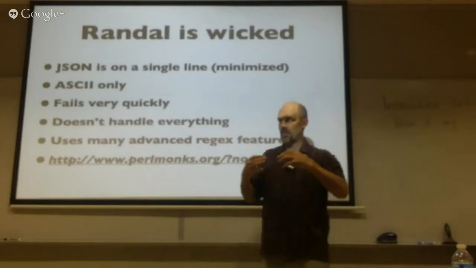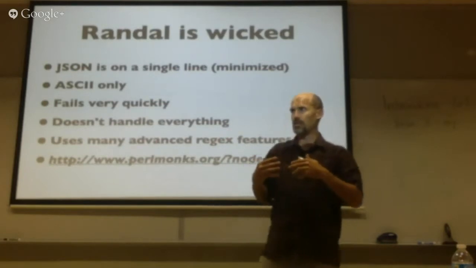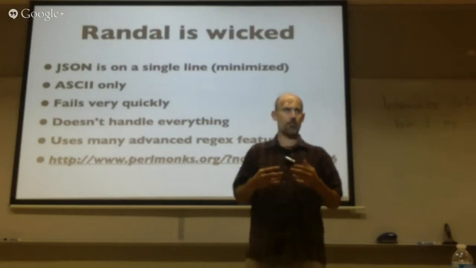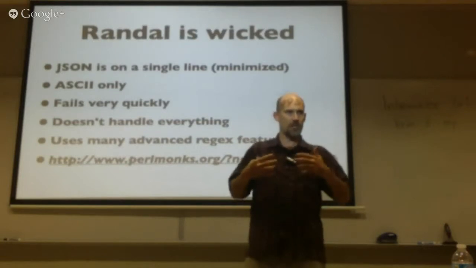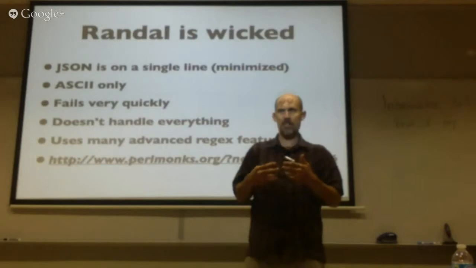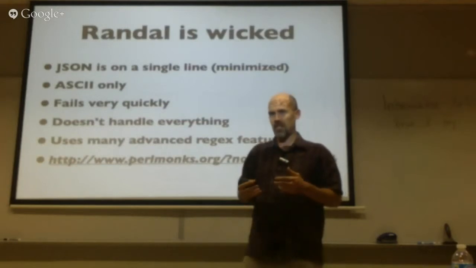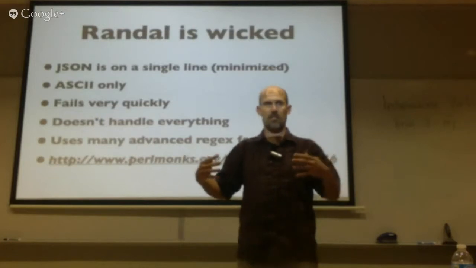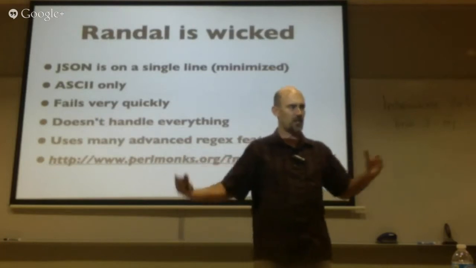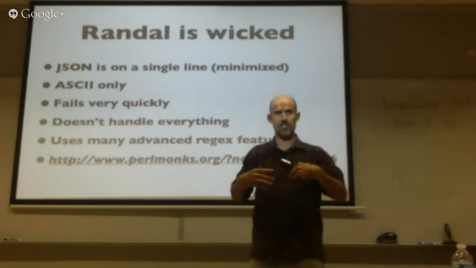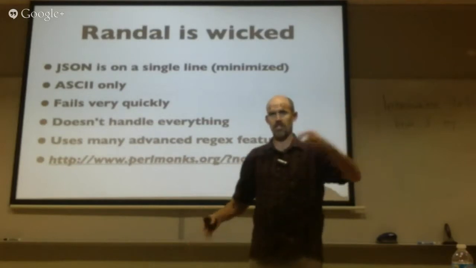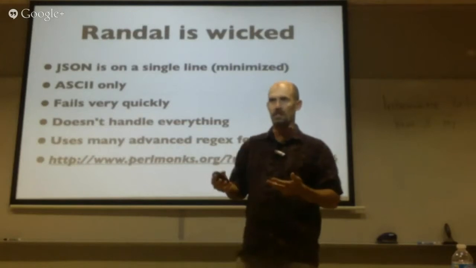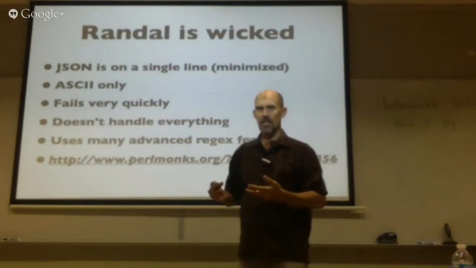But Randal created this great thing for me to fill this hole in Chapter 2. He created this JSON parser in a single Perl regex, and he used all of these special regular expression features that most people probably don't even know exist. Now, the trick with his is that he's working on this particular client problem where the JSON is minimized and all shows up on one line. So his regex doesn't handle stuff going all over the place. He only wrote it to handle ASCII only because that was the requirements of his particular task.